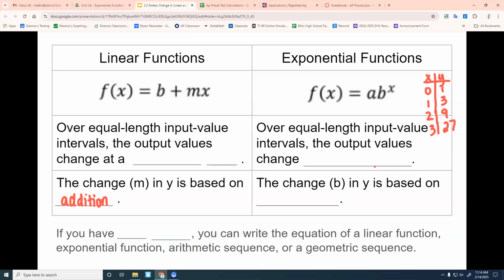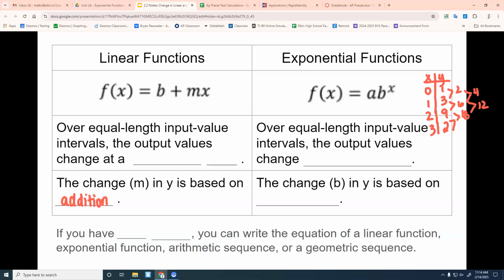So what's happening here is this goes up by 2, this goes up by 6, this goes up by 18,